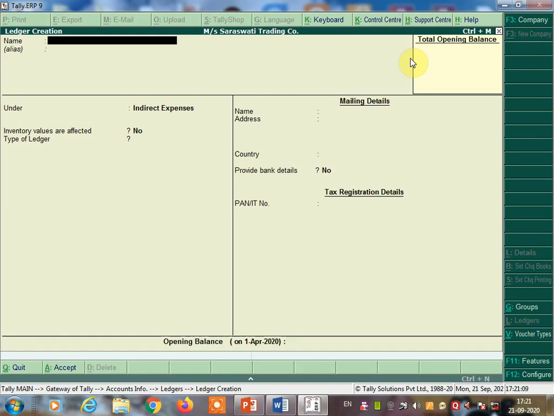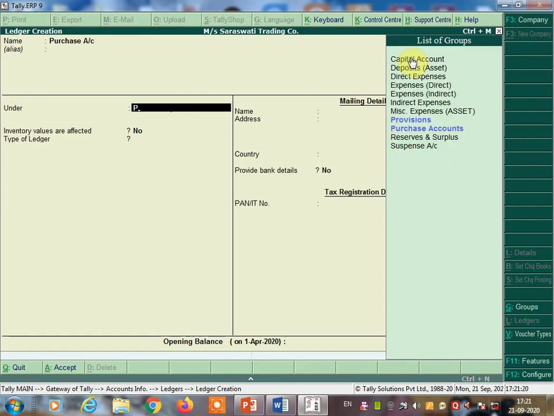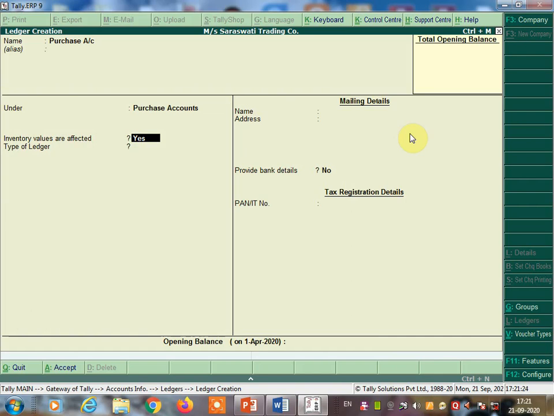So here, purchase account: you have to type it and select it under purchase. In the list of groups, you have to select purchase account, because this transaction is on credit. Press the enter key. One more ledger we got in this transaction, that is Sumit Steel Work. Sumit Steel Work is a sundry creditor.